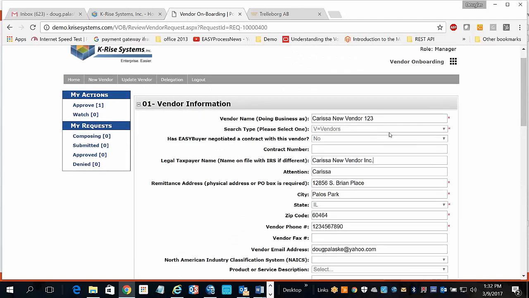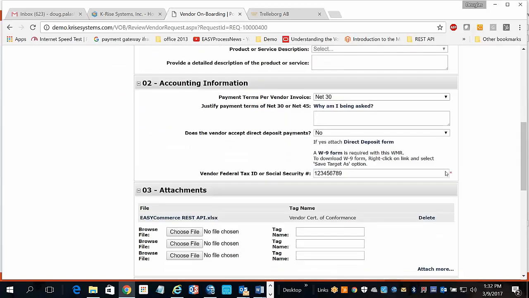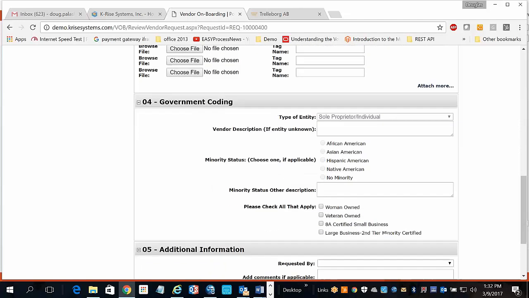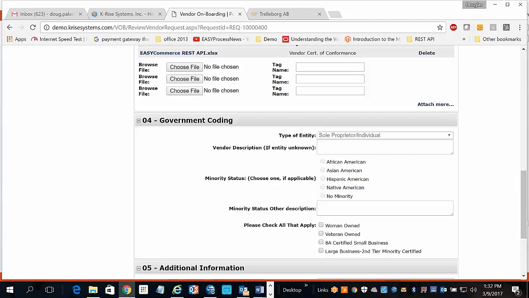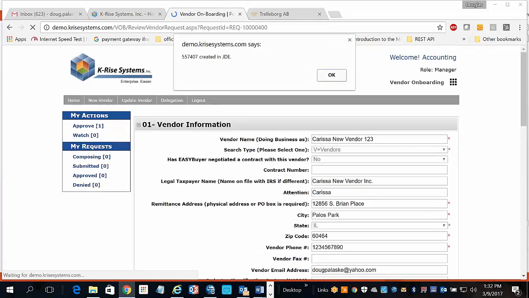So as an example, they can't update the vendor type, but they could update the payment terms, which makes sense for accounting to do. But once again, scrolling down here, we can see at this point that if I do an approve on it, this is a simple 3-step process. Now at this time, it's telling me that